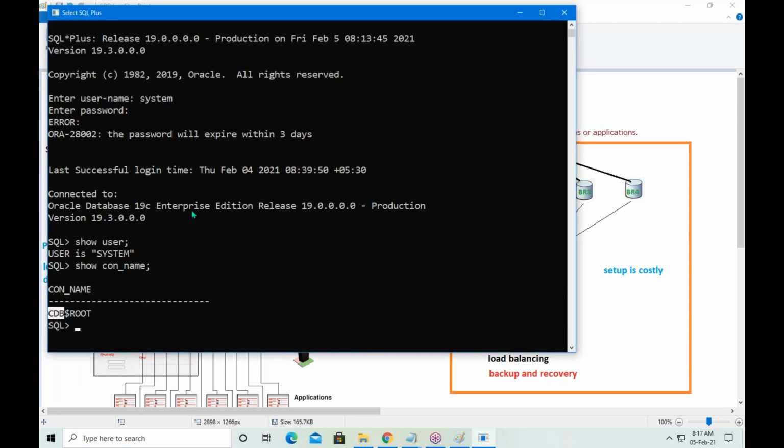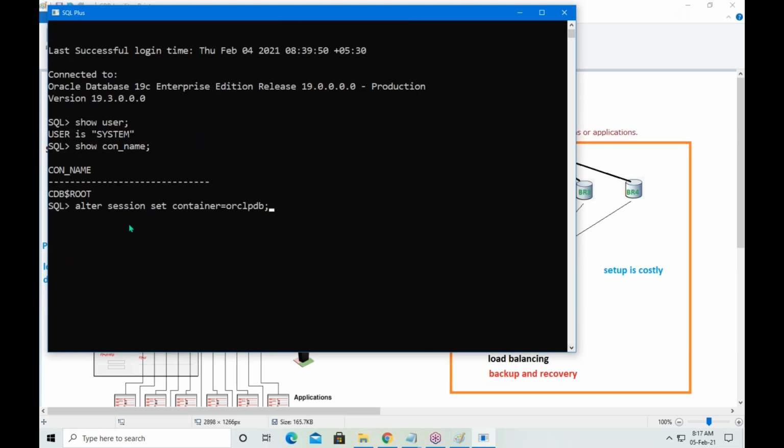The first step is completed: connected to CDB. How to switch into PDB? Alter session set container equal to ORCLPDB.